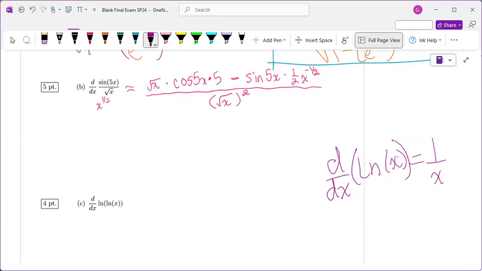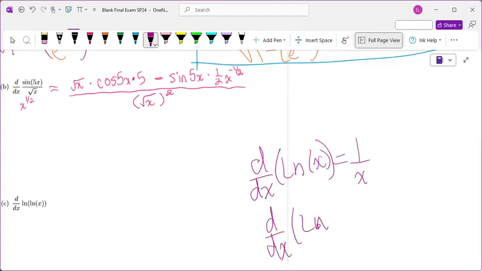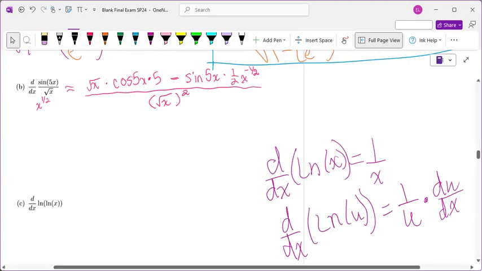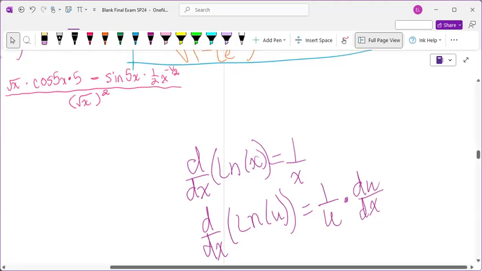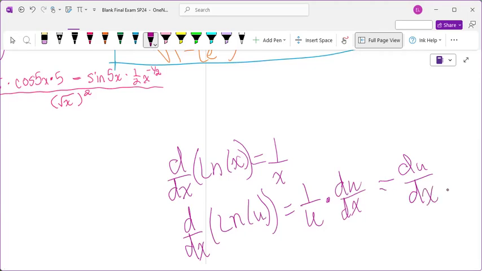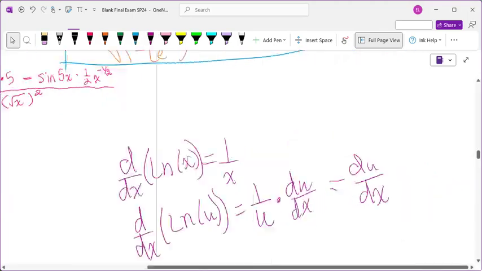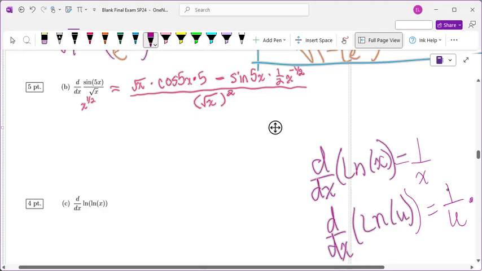If it's some sort of ugly, then it's one over ugly times derivative of ugly with respect to x. And this will actually sometimes get shortened to du over u in Cal 2. No, not sometimes, it does get shortened too. Just because of the way integrals work, you won't have multiple differentials. There. All right, but for ours, so the derivative of this natural log of ugly is 1 over ugly